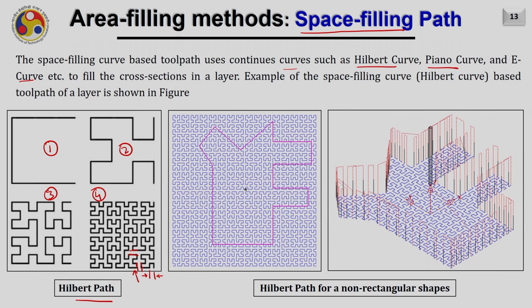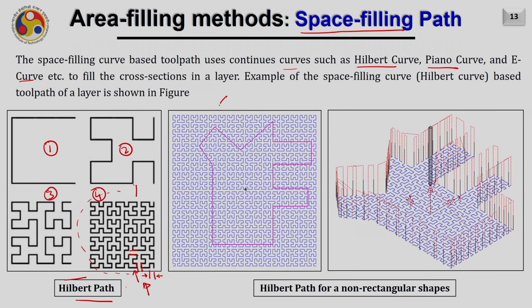But the issue with these tool paths is that they are not capable of fitting any random geometry. Another benefit of these tool paths is they can dissipate the heat nicely when they deposit on a layer. But the only problem with this tool path is they are not easily adaptable for accommodating any geometry. Like, the Hilbert tool path is only suitable for rectangular geometries, that too of a specific size. Let us see how we can use the Hilbert tool path for generating the area filling path for a random geometry.